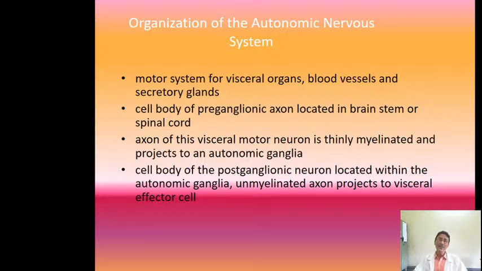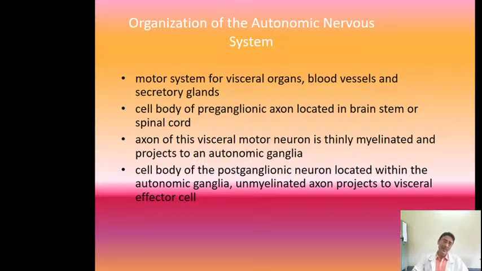So this autonomic nervous system functions as a motor system for most of the visceral organs, that is most of the visceral tissue in the body, and these visceral organs are mostly present in the abdomen and in the chest wall. It is concerned with controlling the diameter of the blood vessels and also the supply for the glands. Now mostly the preganglionic axons of the autonomic nervous system are located in two places.